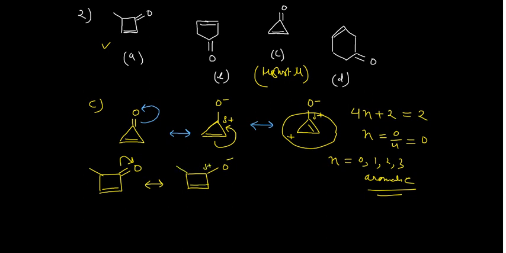For this you can also draw the resonance structure, there is no problem in that. But in that case you see a very special feature. This carbon is sp3 carbon. When the carbon is sp3, that means it is a non-aromatic compound. Though it is resonance stabilized, it is a non-aromatic compound. So it will be stable, but less stable than C.